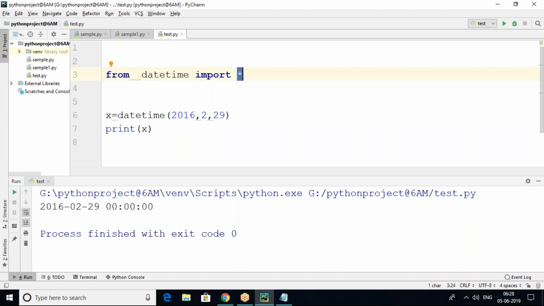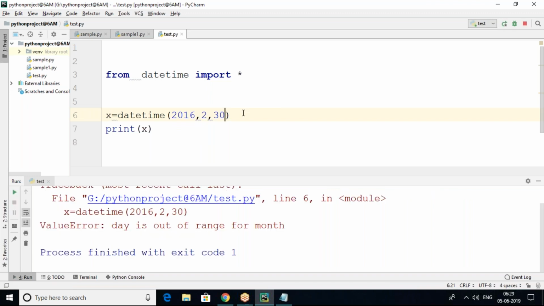Whichever function you want to call, whatever is mentioned first will be called. Yes, it is line by line execution, it is an interpreter, no? So whatever comes first will be executed undoubtedly. x equals datetime dot date, 2016 is a leap year, 2 is the February month, 29 days is there. For example, if I'm giving 30 days or 31 days, it won't work, it shows an error again.